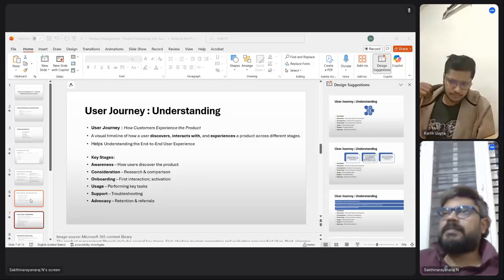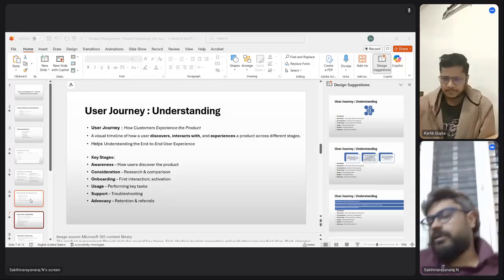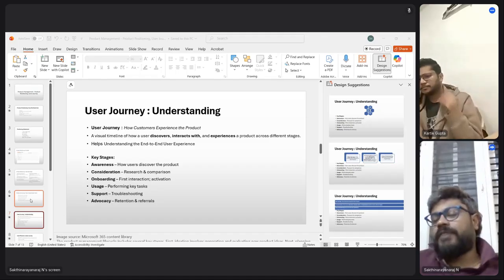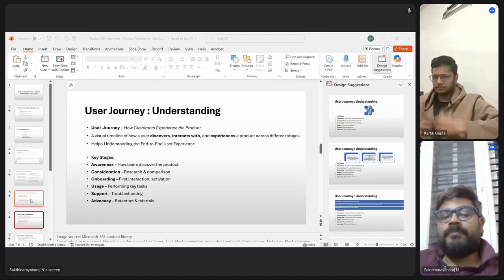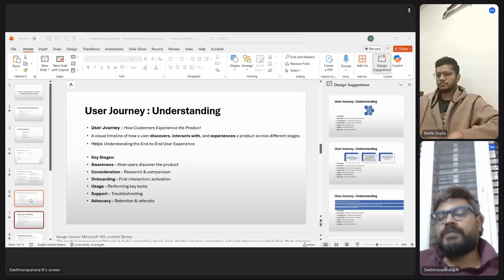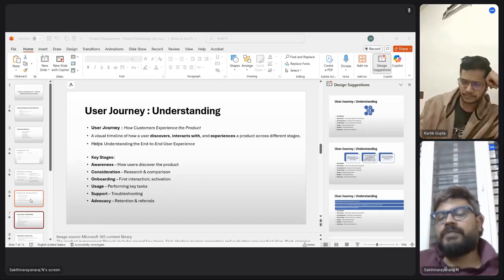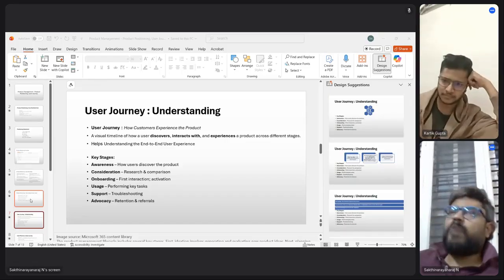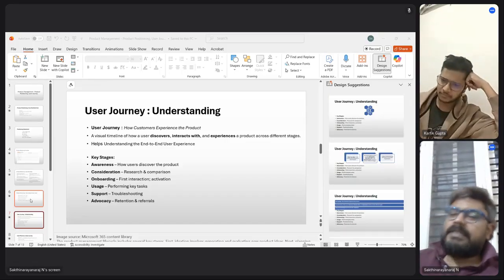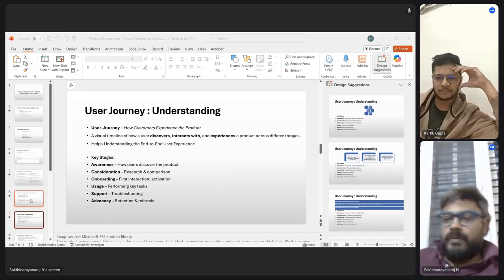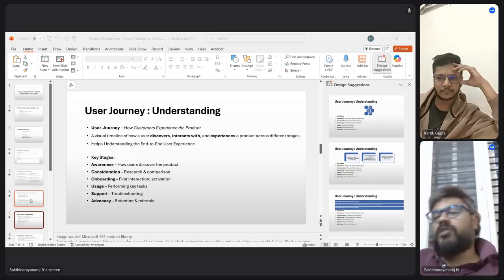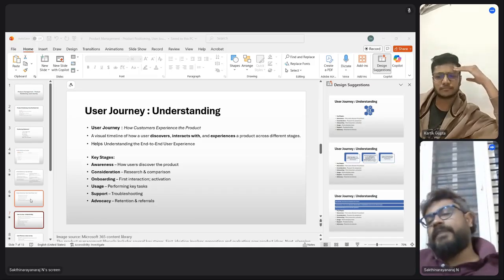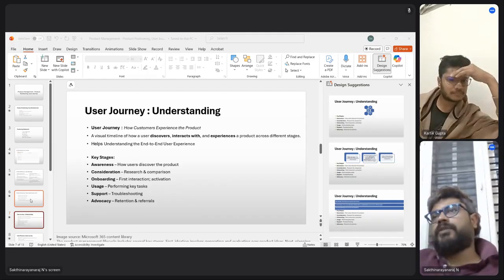So basically, this is more like a functional flow, a functional sequence of how a user interacts with the product day to day. You could take one particular feature and see how he interacts with it, or you could take all features and how the user interacts across all of them. Everything could be clubbed into user journey.